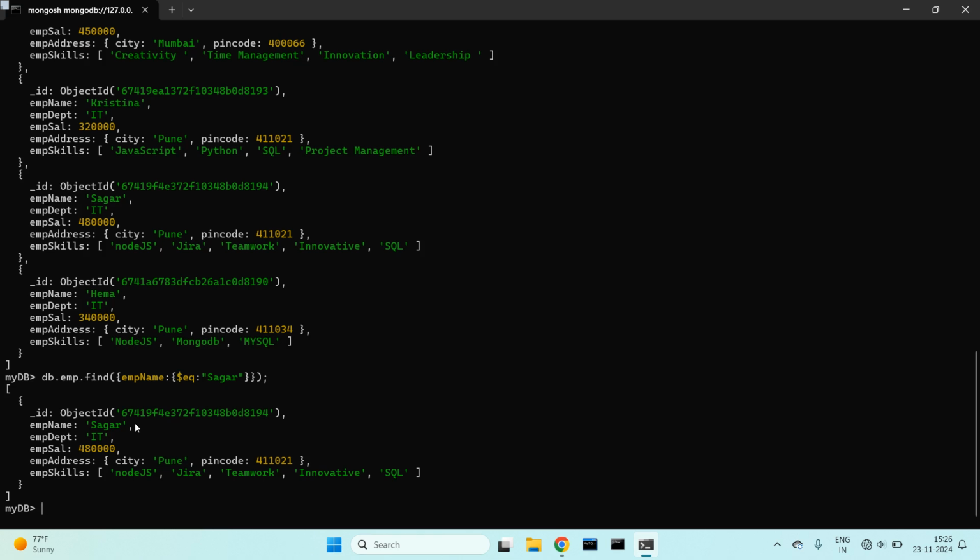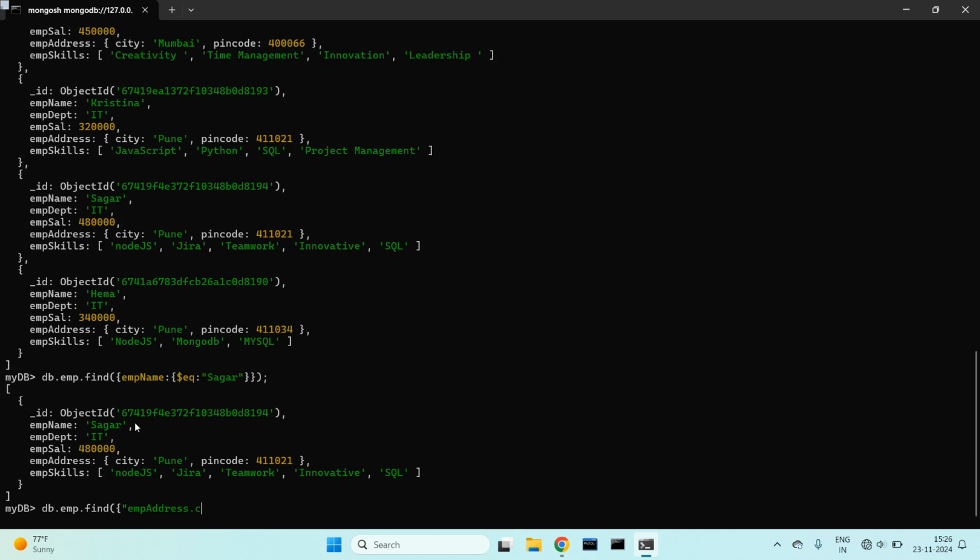Suppose in the next case I would like to search the embedded document. I'm searching for the employee information of those who live in the city Pune. So how will I do it? Let me write db.emp.find.